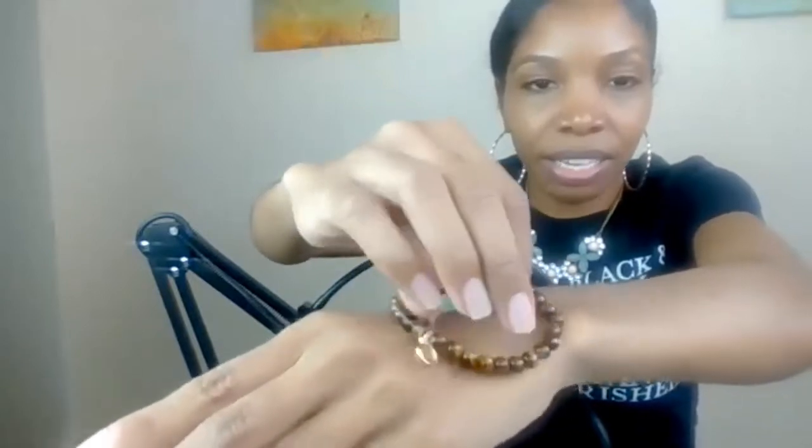So this is what it looks like now with the mustard seed bead at the end. And this is what I wanted, like the middle one to be large, and then to have this little pattern of the little ones leading up to the big one. And then on the other side, it has the mustard seed charm. And so this is the basic